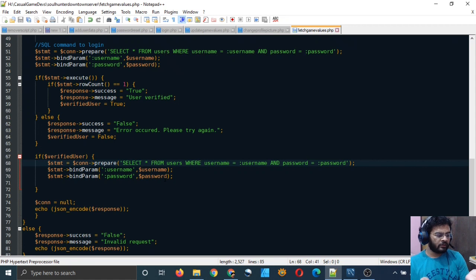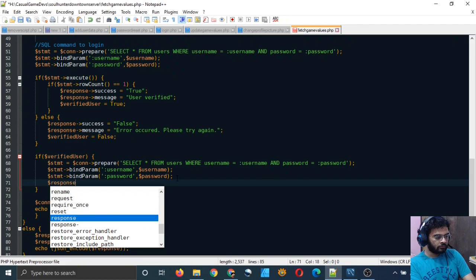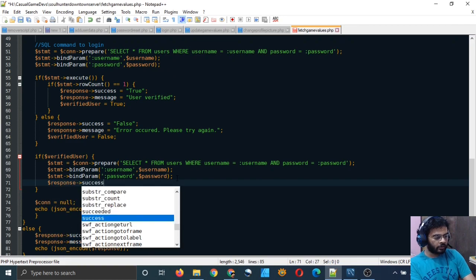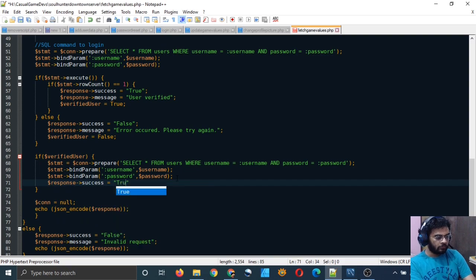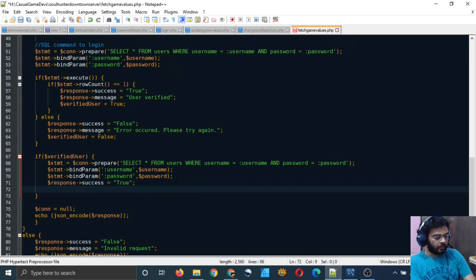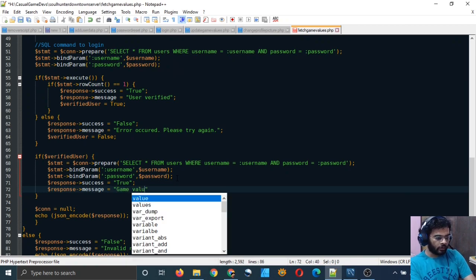And you can do it this way also, and just select all the columns, and in your response variable you will have to say success is equal to true, and response message is equal to game values fetch.